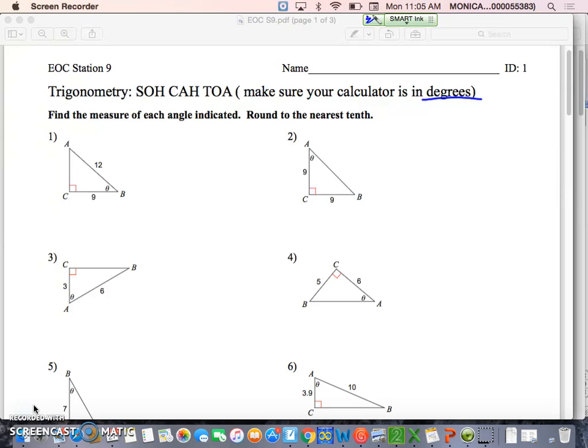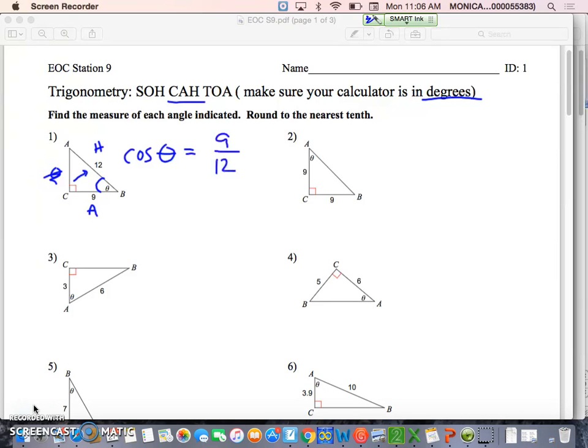If you've forgotten how to do this, this is theta. So this is the angle in question. The first step is going to be to label the hypotenuse. And so the hypotenuse is directly across from the right angle. And then the second thing we want to do is label opposite and adjacent. So this is my adjacent and opposite is over here. I don't know my opposite, so I'm looking at CAH. So I'm going to be looking at the cosine of theta equals